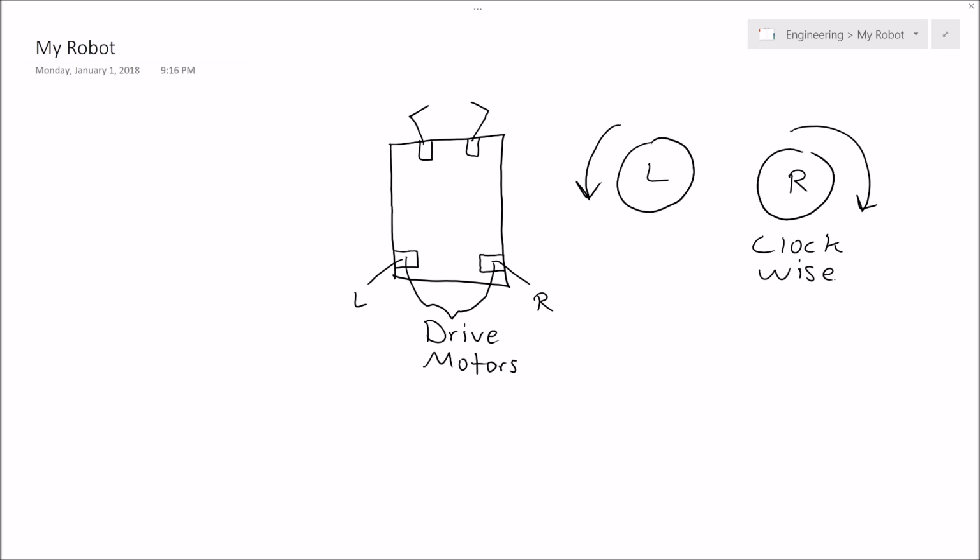Okay, so now we've drawn out what our robot's going to have on it, or drawn out some mechanisms. Let's just go ahead and make a list. Let's see, 4 motors,